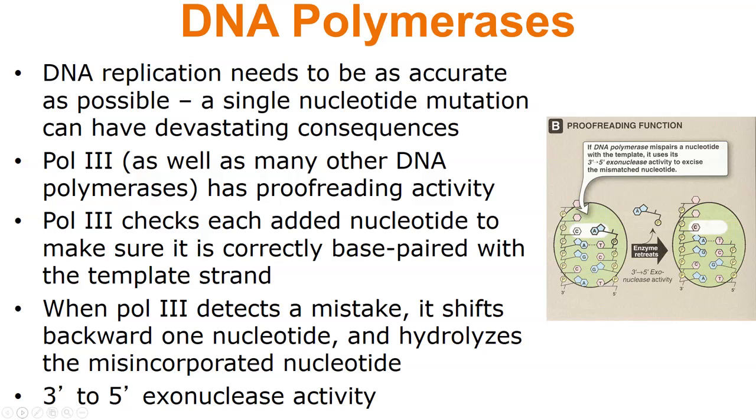Okay, so as the DNA is being replicated, it needs to be as accurate as possible. I've already shown you, for example, we talked about sickle cell anemia. Sickle cell anemia is a single nucleotide base change. And there are some diseases much more severe than sickle cell anemia where you have a single nucleotide that's been changed. Okay? So DNA replication needs to be as accurate as possible. We can't afford to accumulate mutations. And you've got 3 billion base pairs in your genome. So that's a lot of